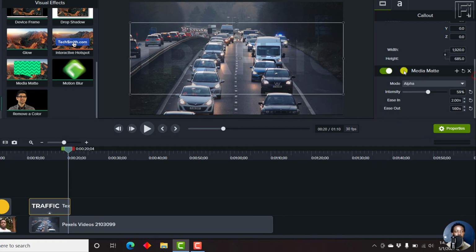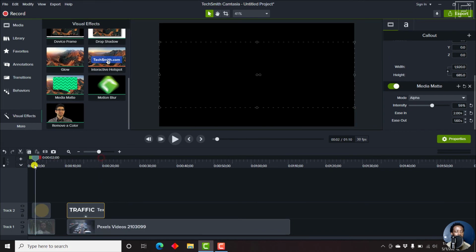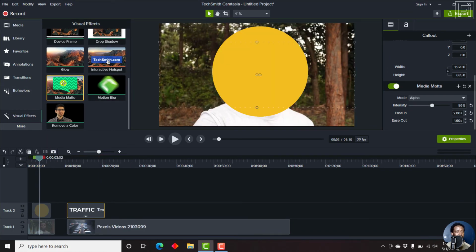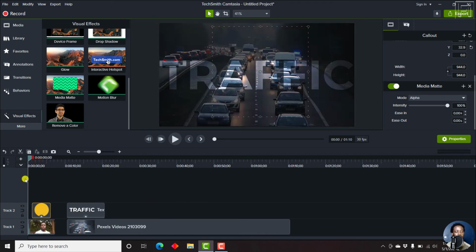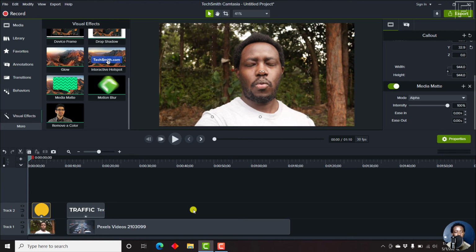So these are the options that you can use. You can use this and actually work on different options. If it's this particular shape, just put that drag there without affecting anything else on the timeline like what we had in Camtasia 2020. If you still wanted to use the general TrackMatte, for example, I love that because I still use it for all my talking heads, then that is how you can do it in Camtasia 2020. But in Camtasia 2021, the MediaMart visual effect is available to just drag and drop to the element or the object or whatever media you have on your timeline and tweak it to your liking.